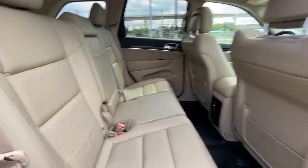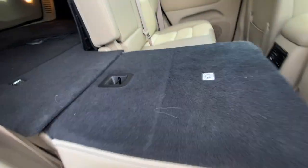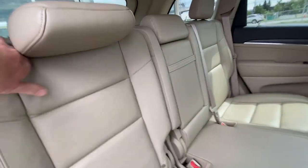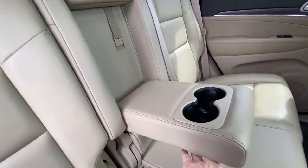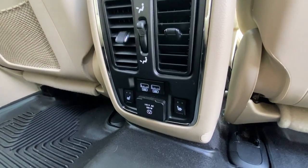Heading back inside the Jeep Grand Cherokee, back seats here are car seat ready and come in a 60-40 split, making it very easy to access your trunk. Privacy liner is installed. Here in the middle, cup holders flip right down. And in the center console, we have the controls for your heated leather seats, as well as a 115-volt outlet